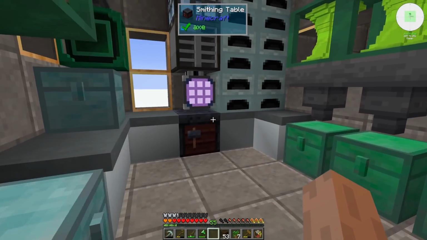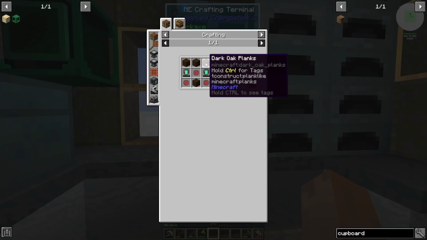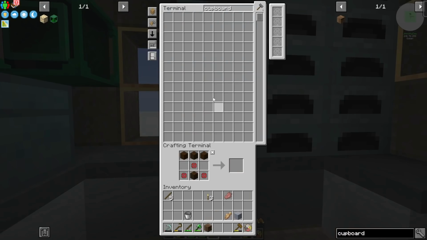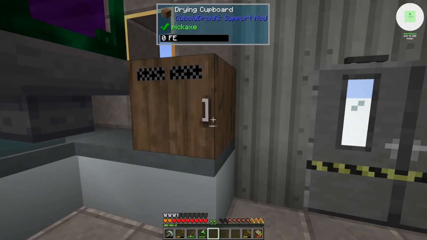And then we can make our drying cupboard. Oh, we got 57 logs off a single tree. That was a huge dark oak tree. One of you, and huzzah. Excellent. With that, we can dry out our stuff just to eat, but I think there's...